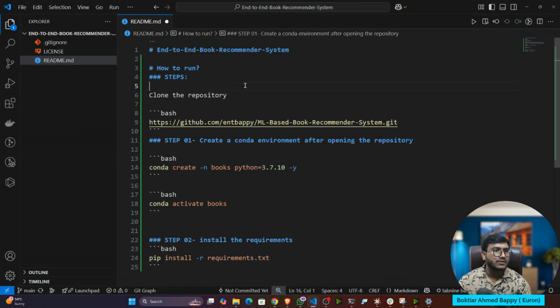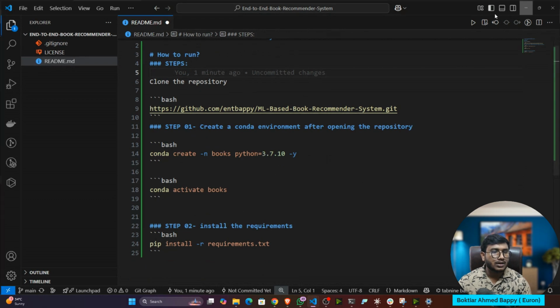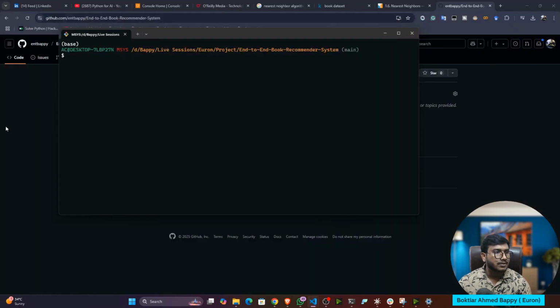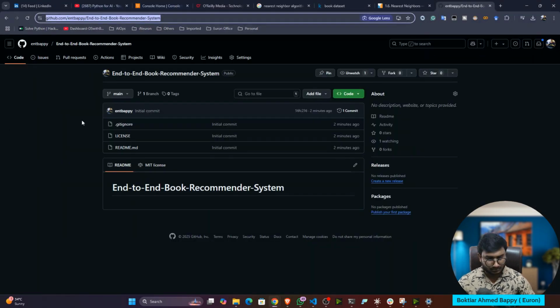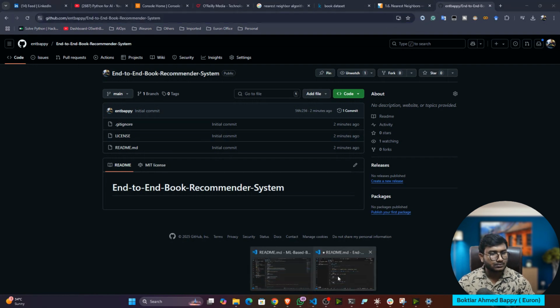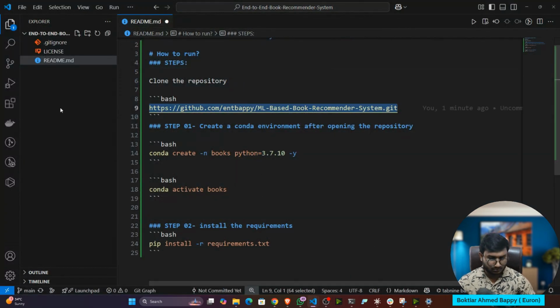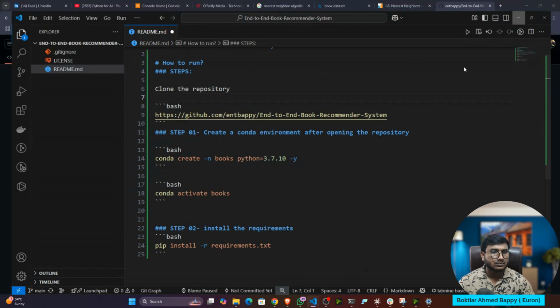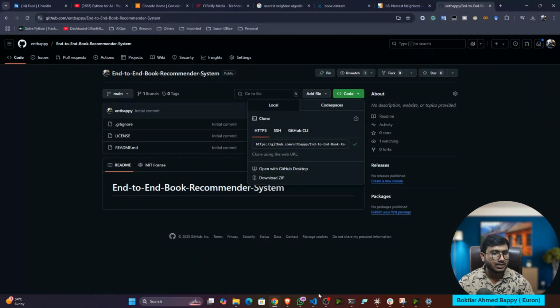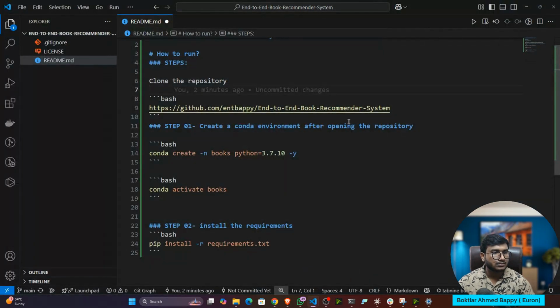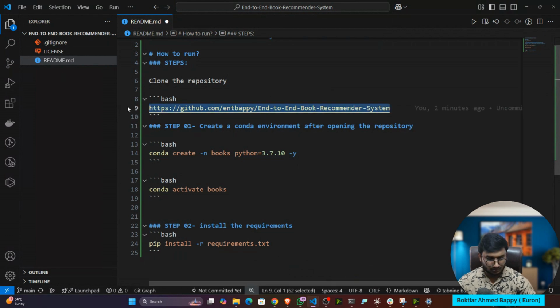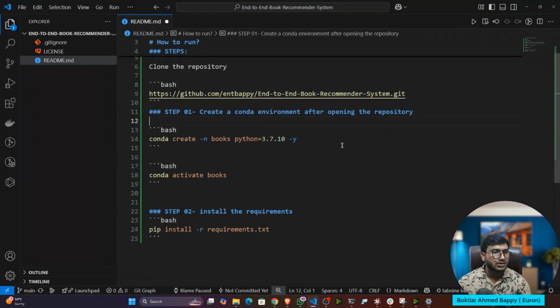See, these are the steps. First of all, you can clone my repository. Let me give the link. Yeah, copy this link. Okay, you can clone the repository.